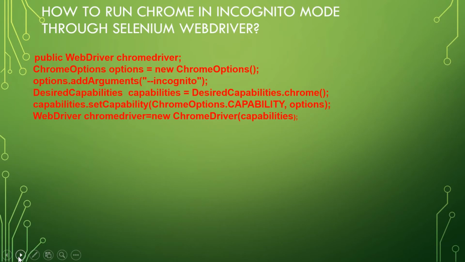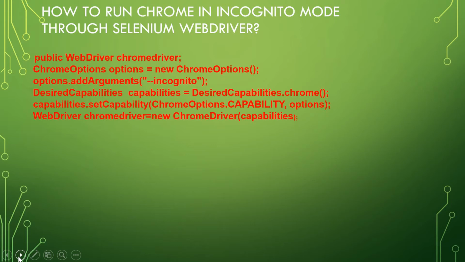Okay, so how do you run Chrome in incognito mode through Selenium WebDriver? This is a very basic question which has been asked by many companies, and I've read in many forums that this is a question they ask. You have to create a WebDriver class for ChromeDriver, where you put in ChromeOptions, and create a reference variable of ChromeOptions. We have different options under Chrome, so that's why we use ChromeOptions. Incognito is one of the options in Chrome